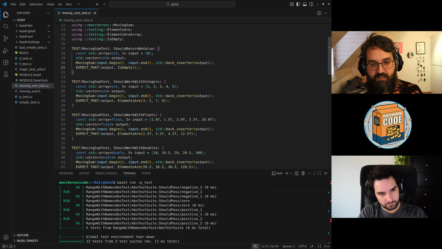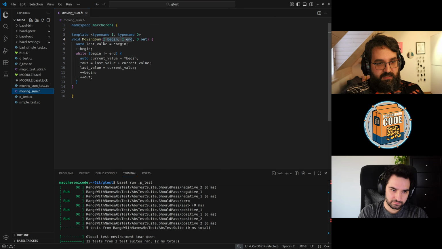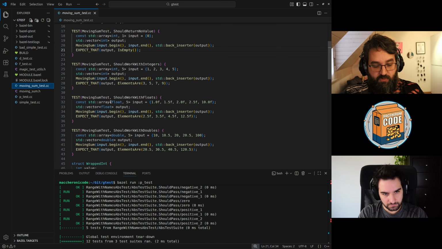That's the general case. Here we are testing another test case where we give it enough data, then call it, and check that the outputs are the expected values. As you have noticed, this function is templatized, so it's using generics, and we are going to check that this works with floats.